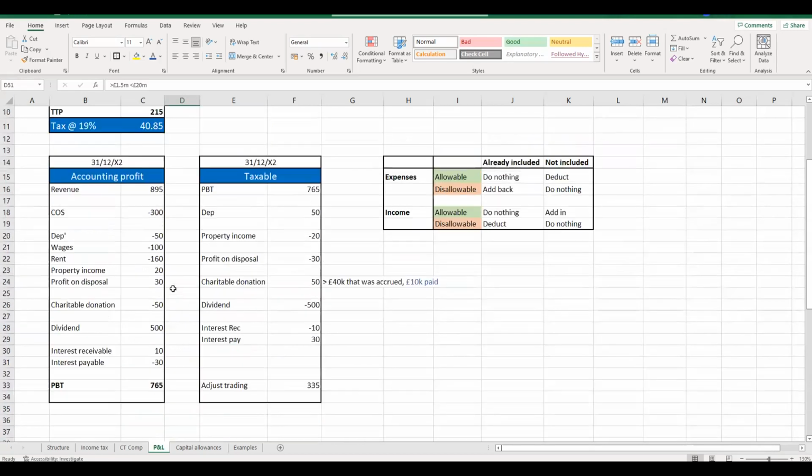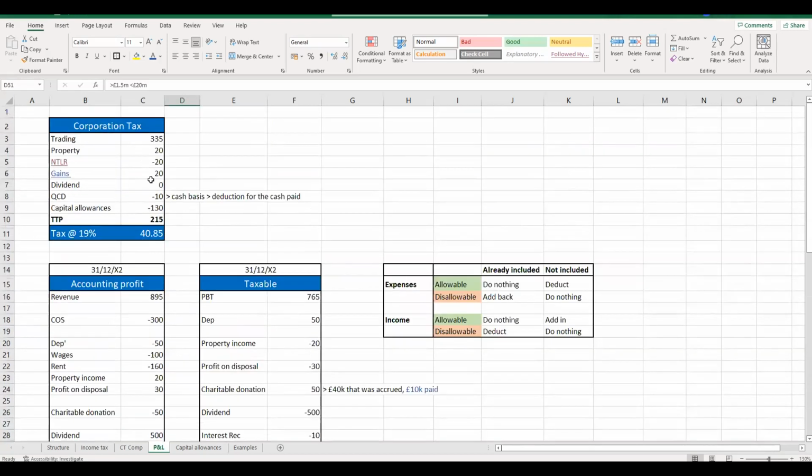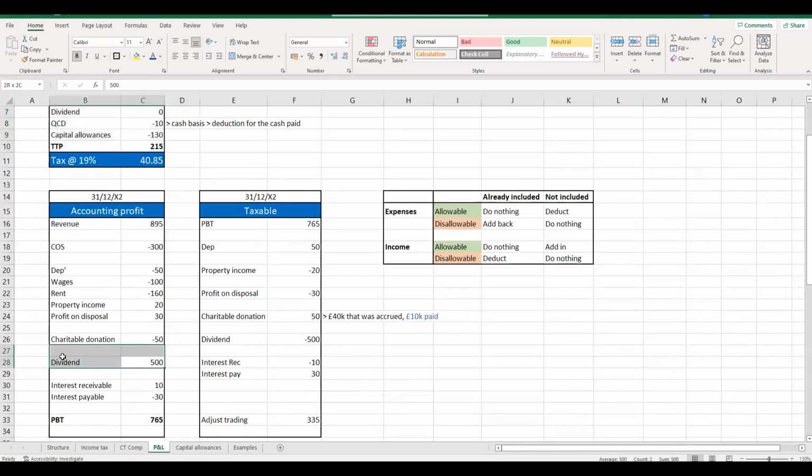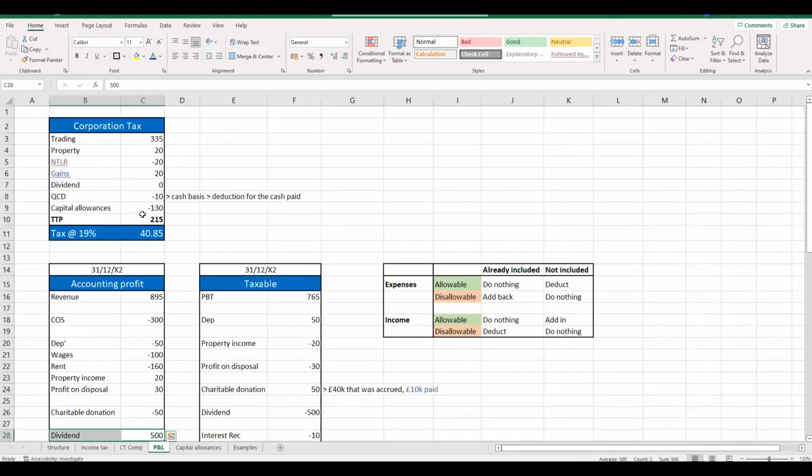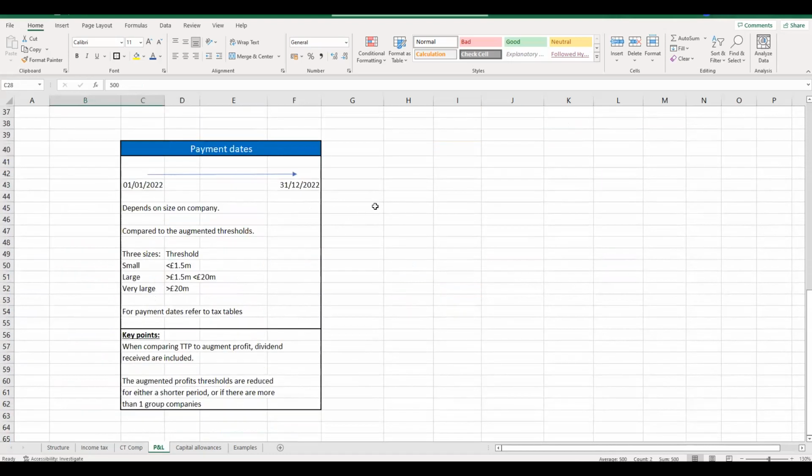Now, what we saw before was, of course, we worked out our total taxable profits. And one really key thing was we said that the dividends were exempt from corporation tax. So of course, these numbers here don't include anything for this £500 dividends that we had. Now, the first thing we do in arriving at our augmented profit is we are going to take our